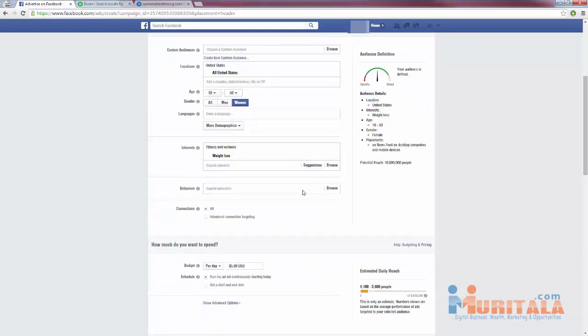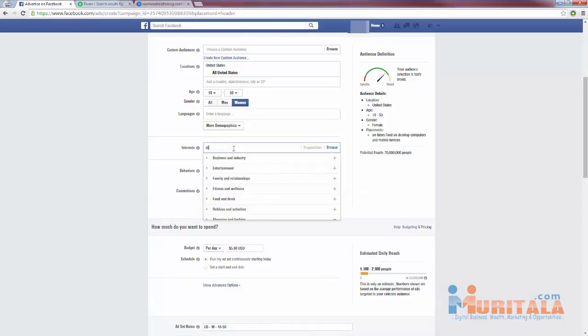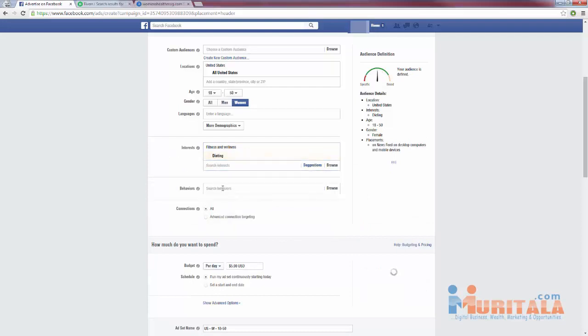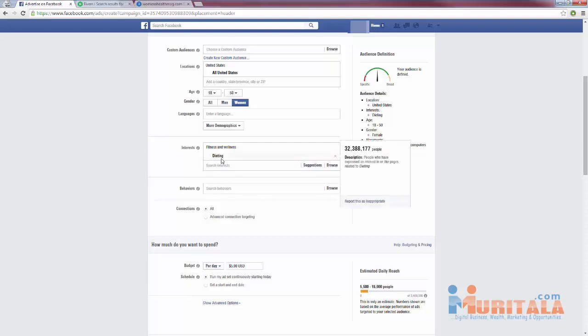And when you do that, you're going to come in here, get rid of weight loss, and this time focus on dieting, for example. Then you're going to place your ad for this one. You're going to create another similar ad, and swap out dieting for something else, okay? So you have all these ads that are exactly the same, except each one has a different interest, and this way you can focus on each individual one, see which one is converting the best, and stop advertising on the ones that aren't converting the best, okay?